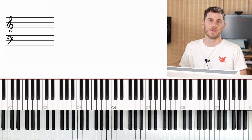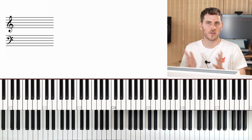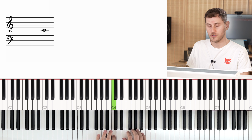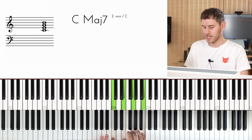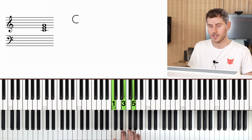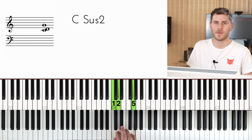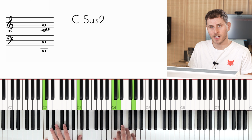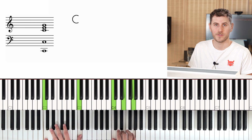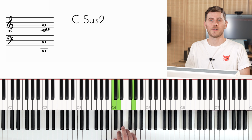All right, number 2, building off of that sus2 is actually just the sus2 triad. So I showed you a major 7 voicing to start. In this case, we're just going to look at 1, 3, and 5. This is actually just going to be, instead of 1, 3, 5, it's going to be 1, 2, 5. Now, why am I showing you this? This is a great sound, great to resolve to the normal major triad, but a sound that we hear very,